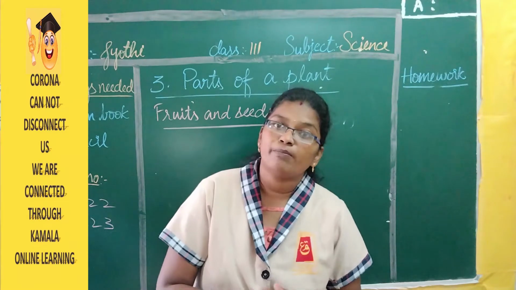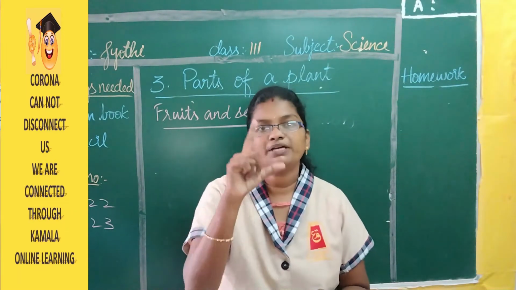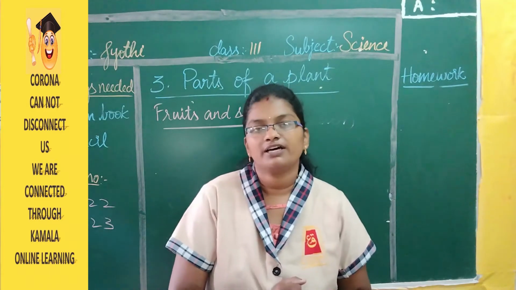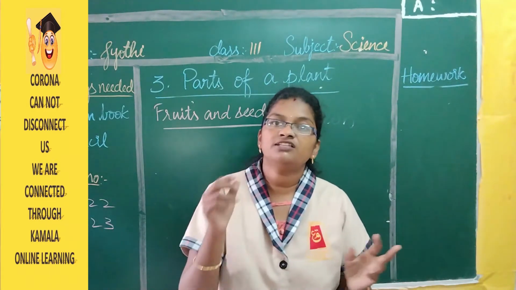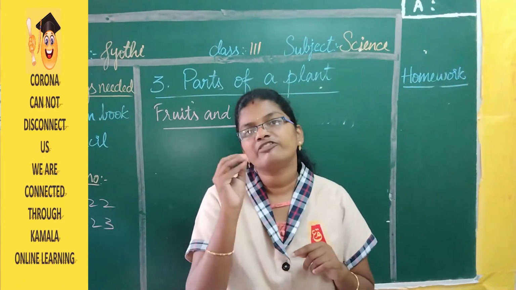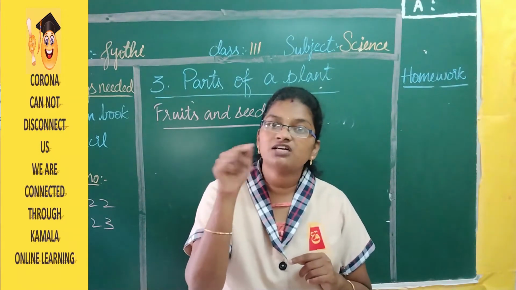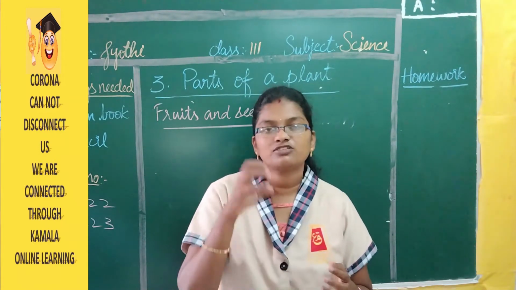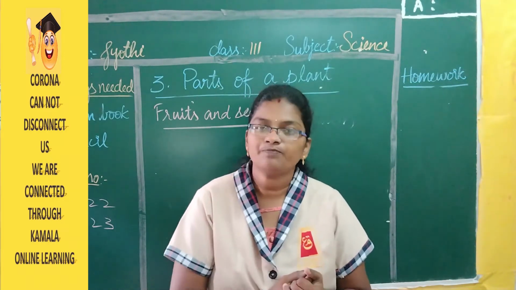If you take a mango, how many seeds does a mango have? One big seed it's going to have, right? A strawberry has so many very small seeds, a little part in black color, a little in white color. And if you look at the strawberry, you can see the seeds outside of it, right? Strawberry has the seeds around it, that is, outside it will have the seeds.